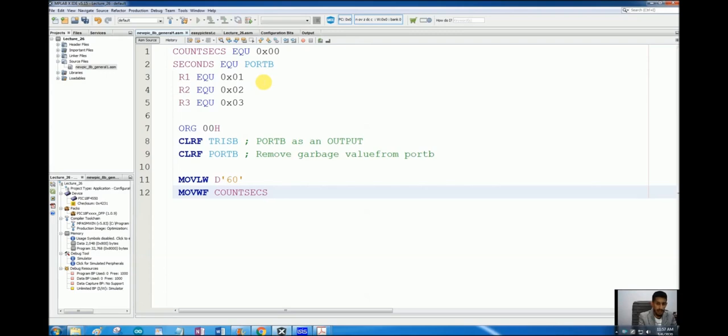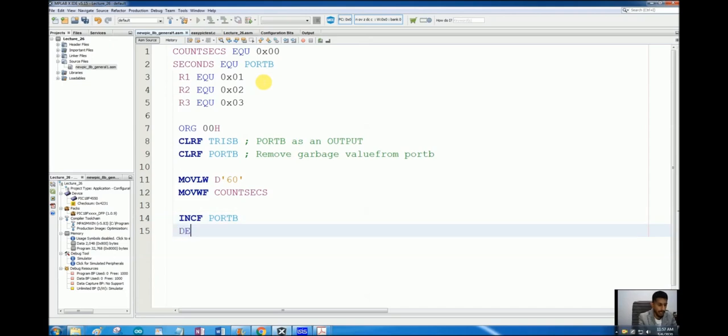This will load the count for seconds with a value of 60. Now increment file register port B. We are incrementing port B.